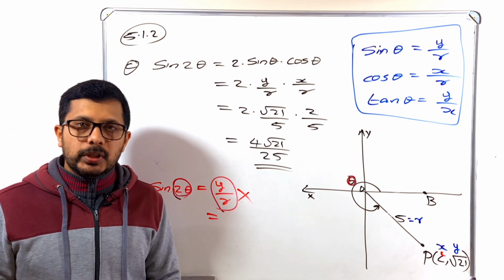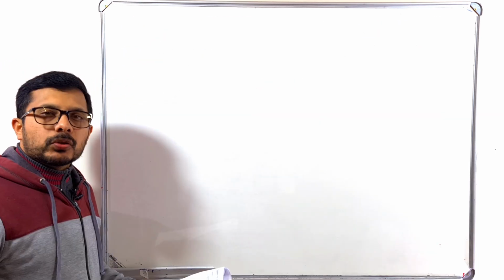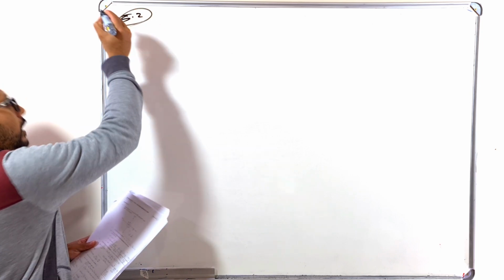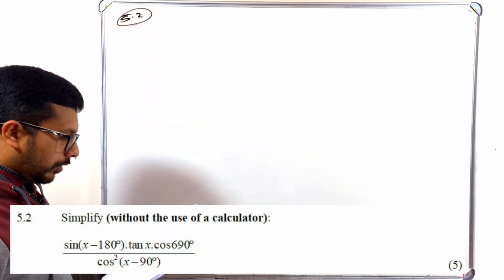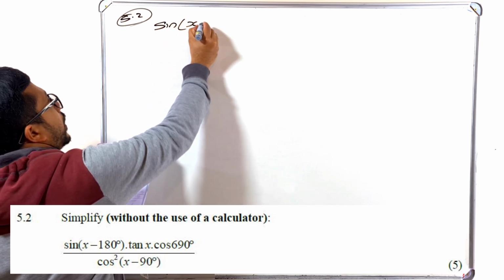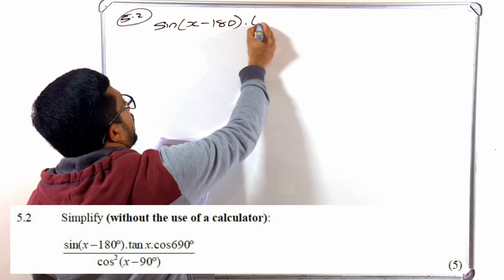Now let's move to the next question, question number 5.2. What is that question? Simplify without use of a calculator: sine of x minus 180